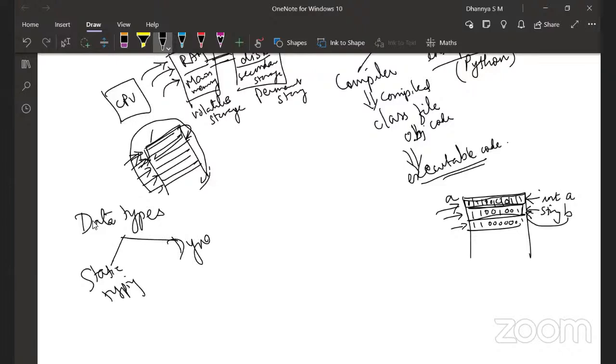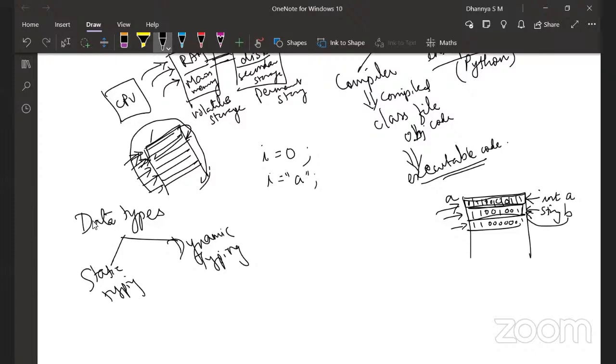In the case of Python, do you know what is used? Dynamic typing. Why? The variable assumes the type of the value it is holding at the moment. You are not explicitly stating the type. For instance, you can do i equal to 0 and you can also do i equal to a string, right?